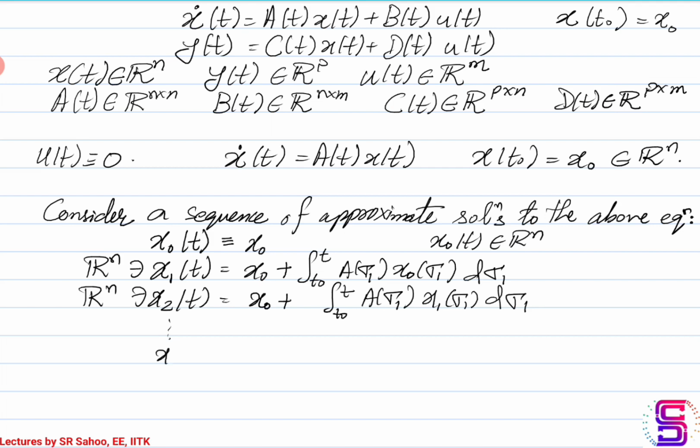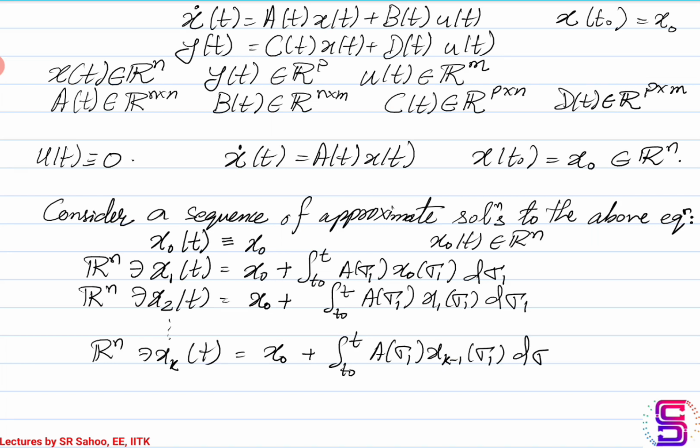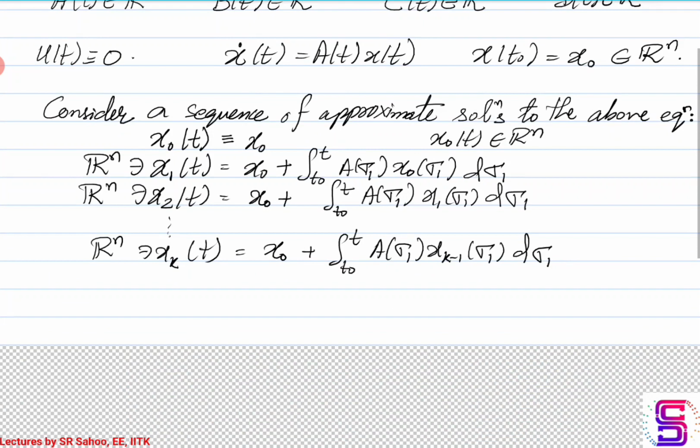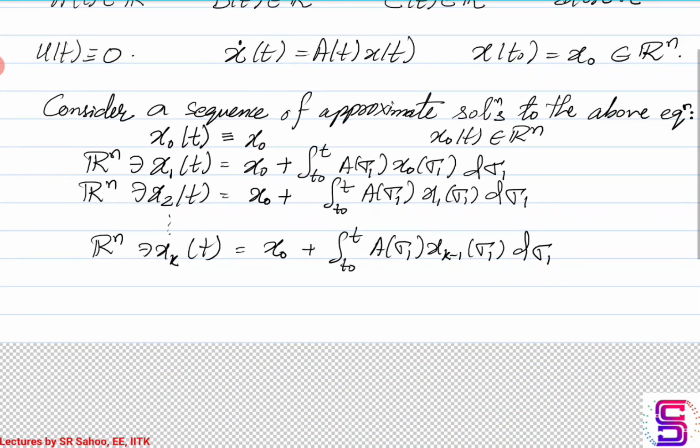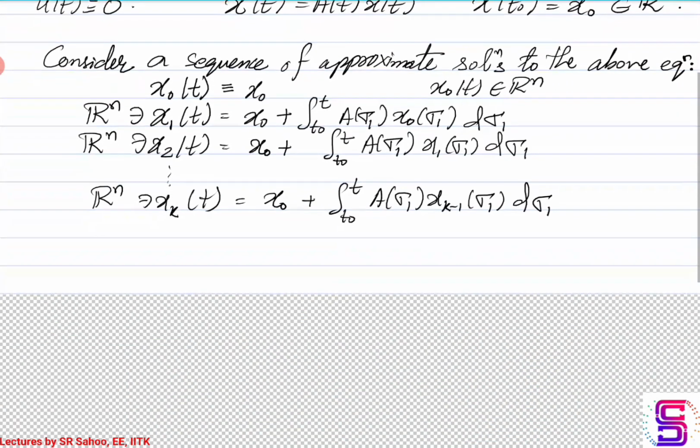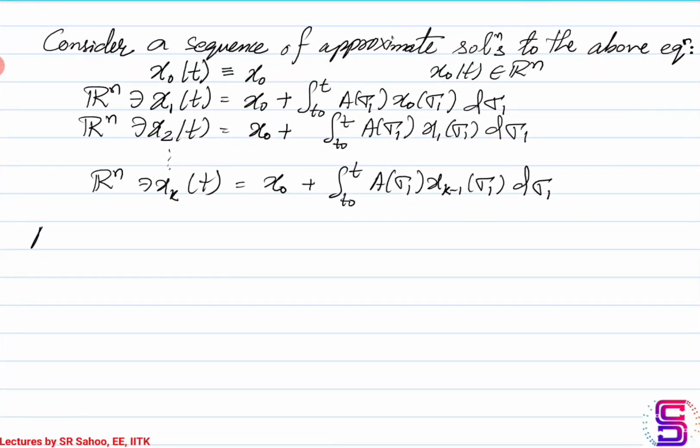Okay, so as we proceed, the xk-th entry in the sequence will be generated from the x(k-1) entry as this. And we can keep on generating this sequence. So this is an infinite sequence, and we keep on generating the subsequent entries by using the previous entry. So xk is generated from x(k-1), x(k+1) will be generated from xk, and so on. So these are all approximate solutions.